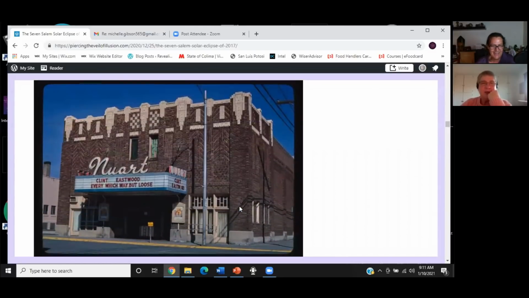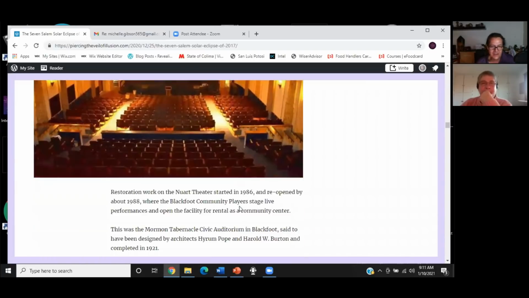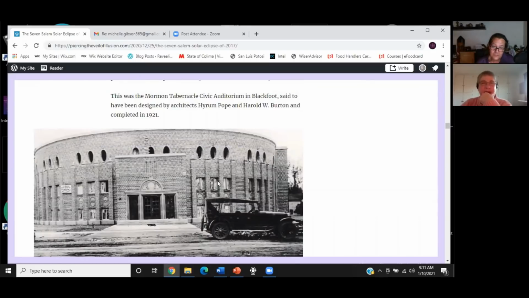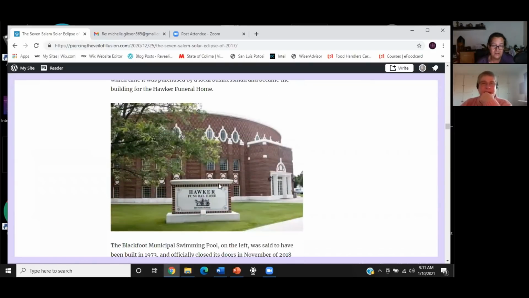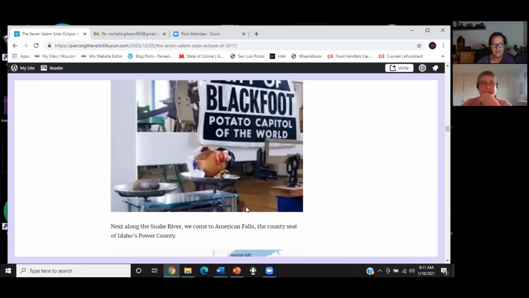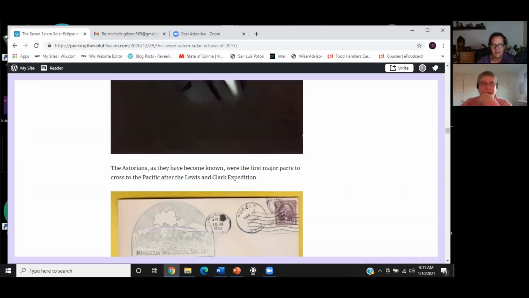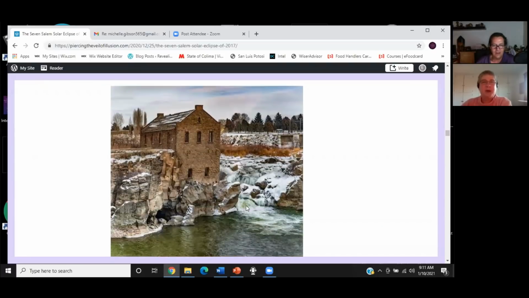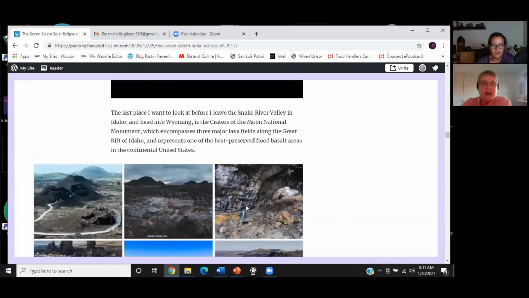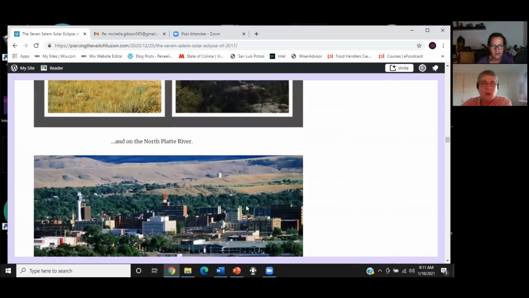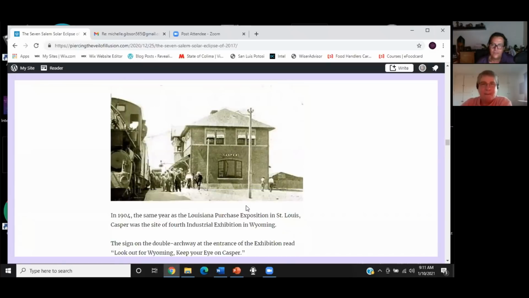These beautiful old theaters. That's amazing, the brickwork. Yeah. This was the Mormon Tabernacle in Blackfoot, Idaho. Wow. It's now a funeral home. Oh God. I mean, it's just heartbreaking. Okay, so let me go to specifically what I'm trying to find, which is another synchronicity with the 2024 eclipse